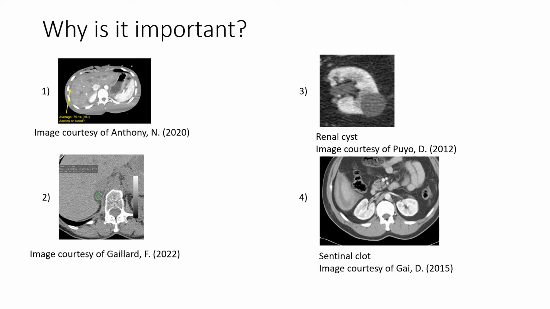The third example is to define lesions on the kidney or the liver. It may be useful to put a region of interest within lesions to see whether it's more likely a cyst, which would be close to 0 Hounsfield units, or more sinister pathology, if it is more than 20 Hounsfield